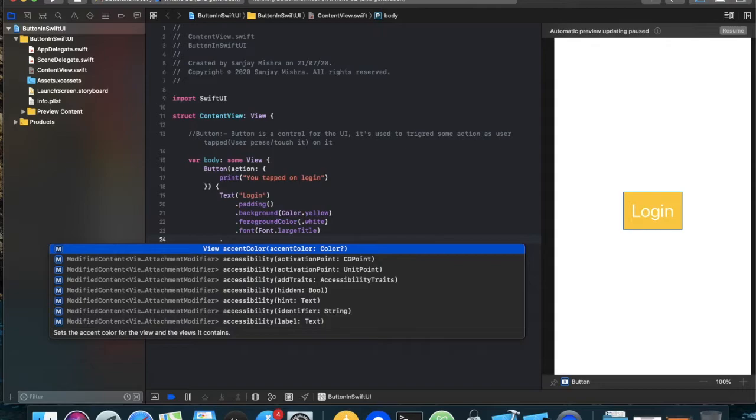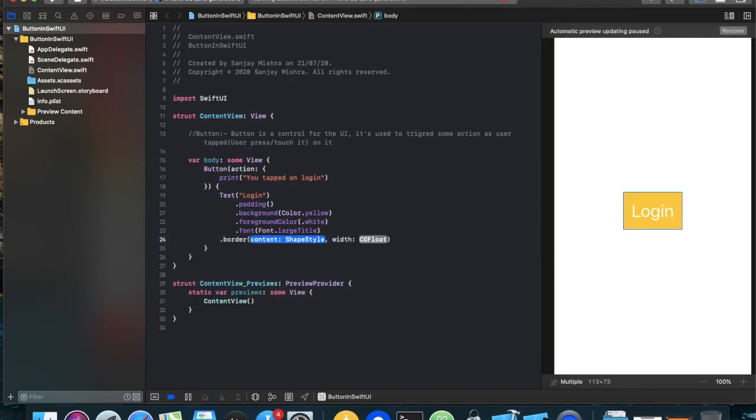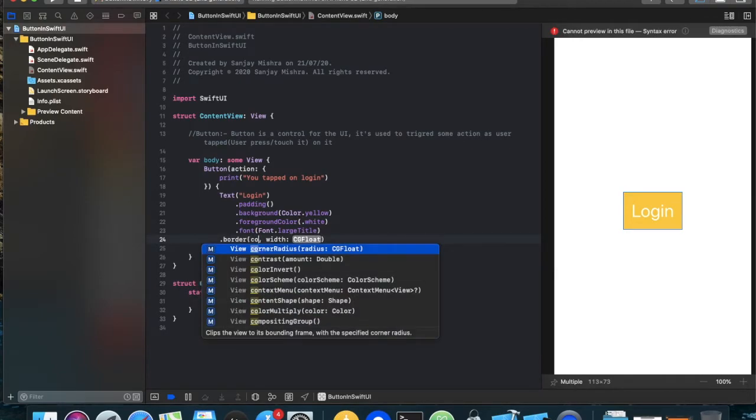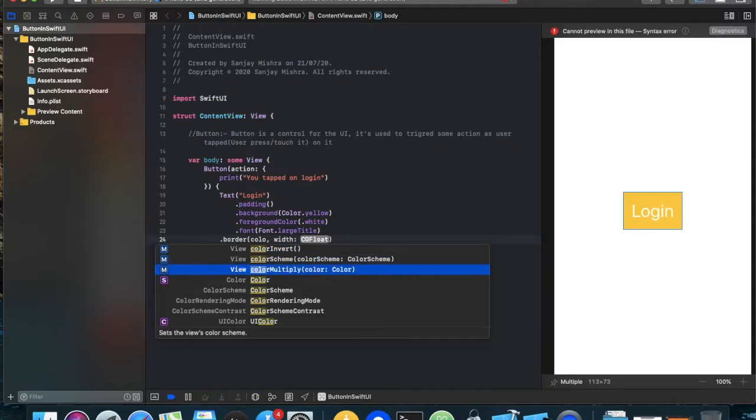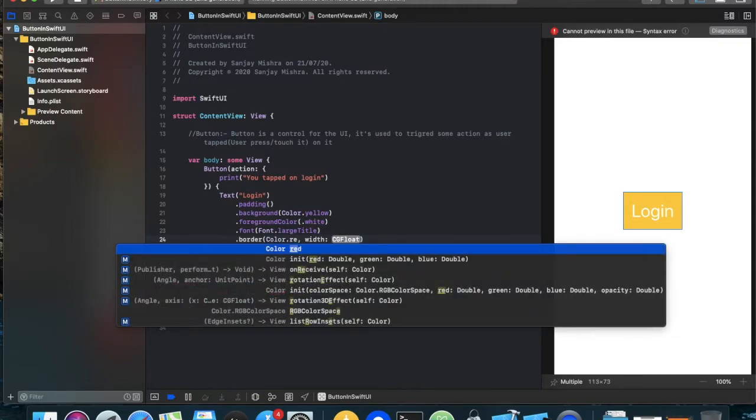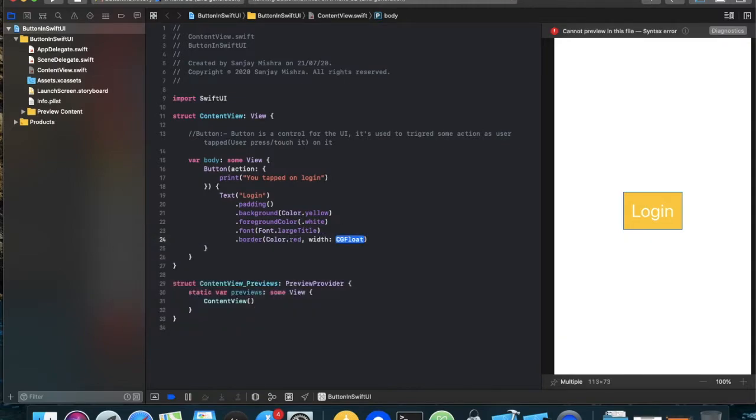Let's suppose if you want to apply a border, we can also apply border as well. Color dot red, and the width should be 3. And resume.